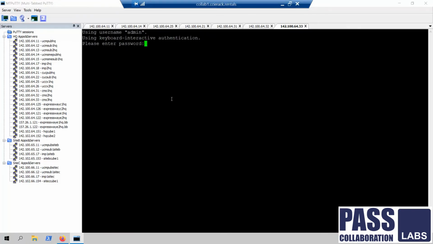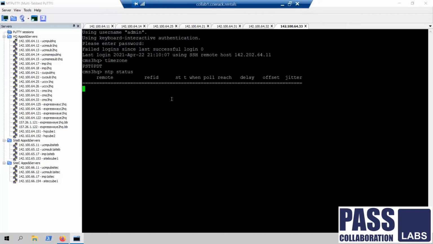Let's go to CMS3. So the time zone is good on all three CMS. NTP is the only problem on all three of them. So delete and add the NTP server again and wait for the NTP service to come up.